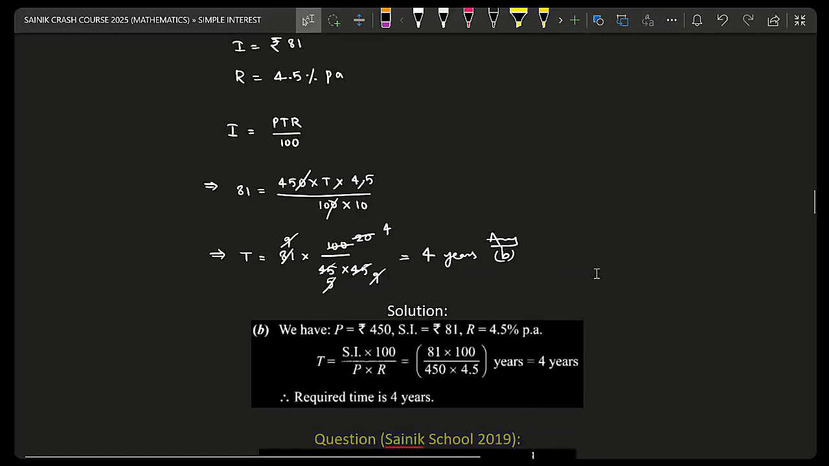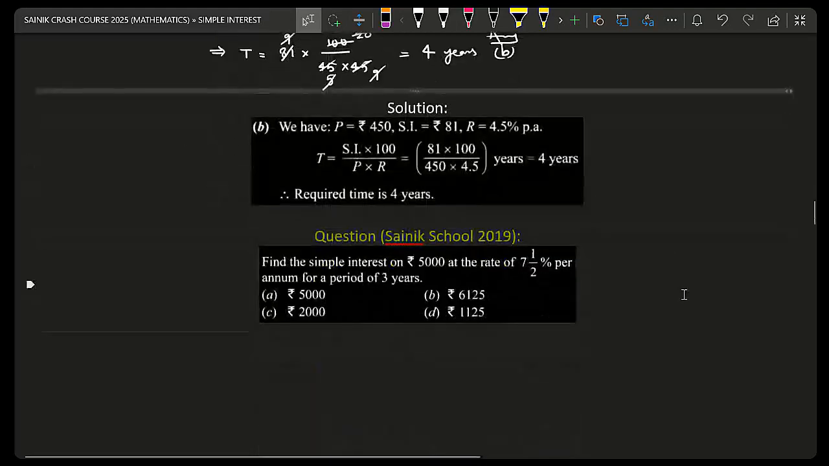So here, for time period they used a separate formula. I don't suggest the textual method of remembering all the formulas. Use single formula. I is equal to PTR by 100, this one, and you are good to go. Okay. And next,